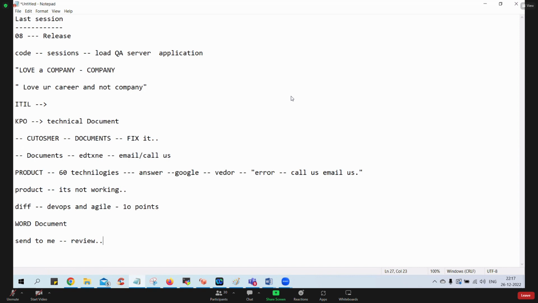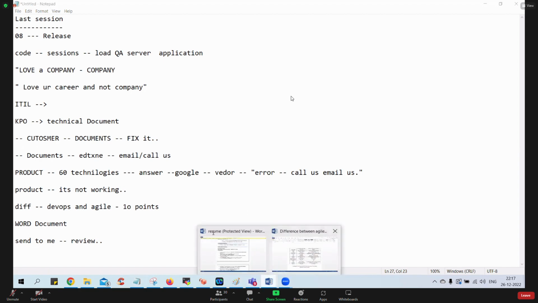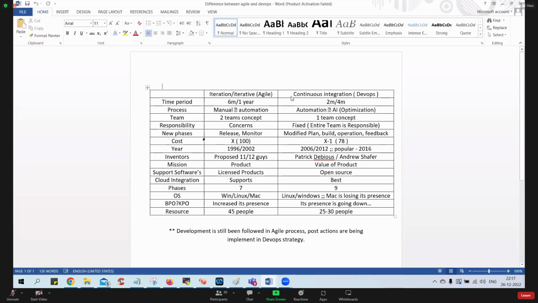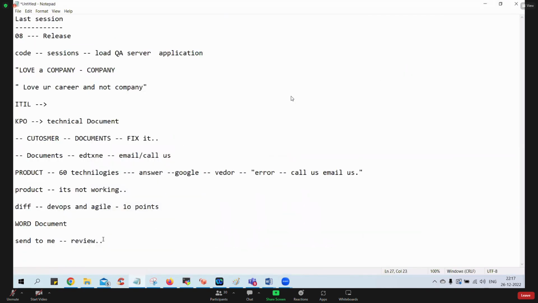From today's class, the entire story revolves around the difference between DevOps and Agile. You should be clear on the comparison. Don't just come up with the points I told in the class. The Word document already has some points, that's okay, but I want you to Google and see if you find any new points. Whatever new points you see, catch them from the internet and send them to me.